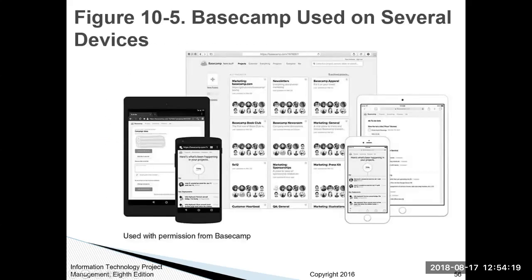This image is just an example they provided of Basecamp. If you're not familiar with Basecamp, it's a good software to use, and I believe they still have an ability where you can actually use it for free, and you could go in and try it out. When I was going through project management and getting my PMP, we used all these different types of software, and Basecamp was one of the most popular ones we used at the time, but we were also forced to just